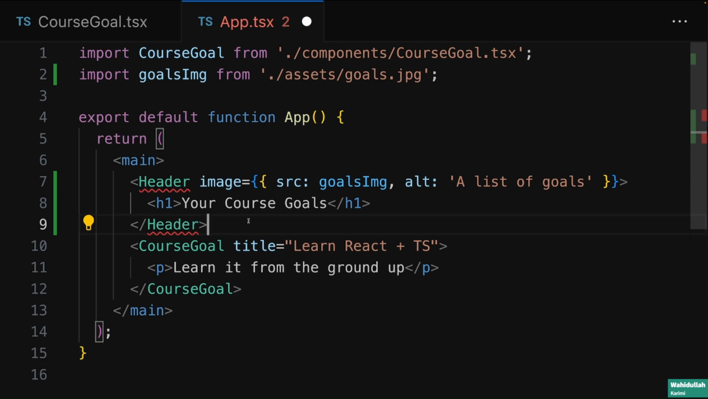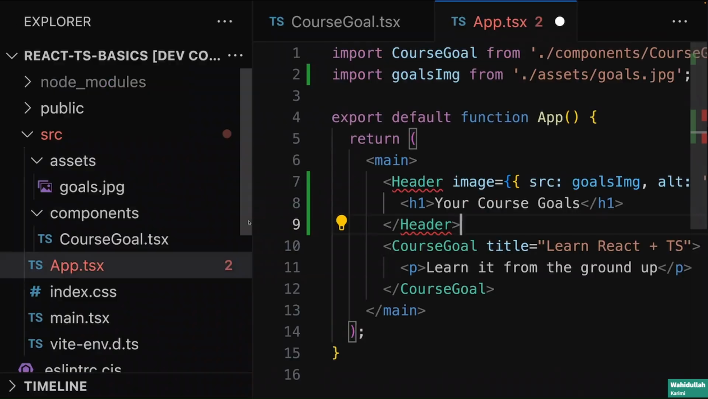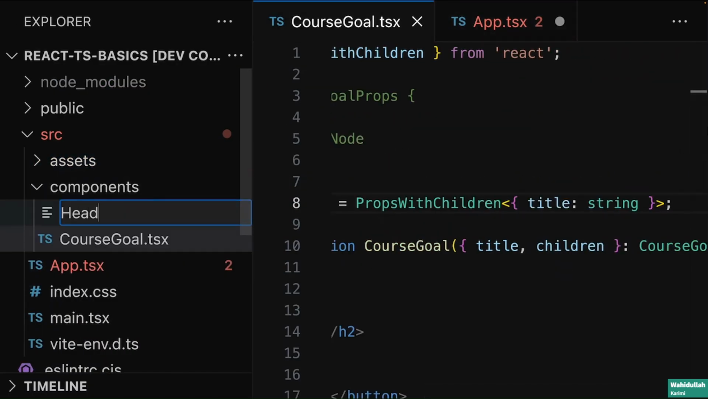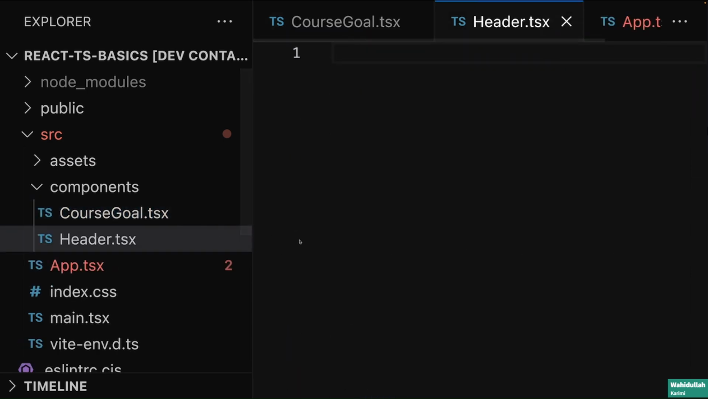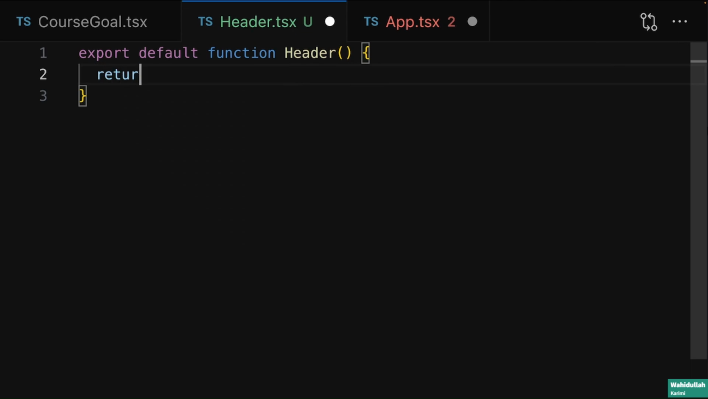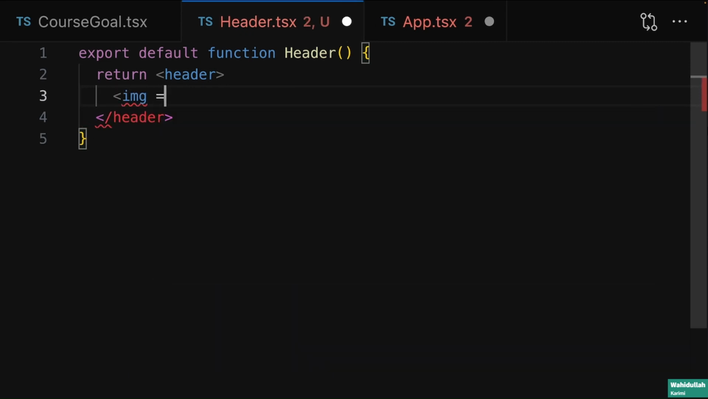So, did you succeed? Let's build this header component together. For this, in the components folder, I'll add a new header.tsx file. And then in that file, we want to export a new function as a default, which is called Header. Now in here, I want to output the built-in header element, and then in there have an image, which must